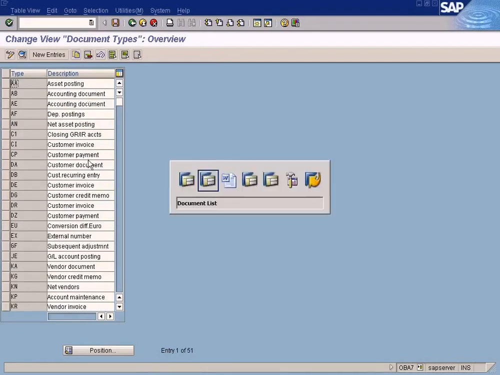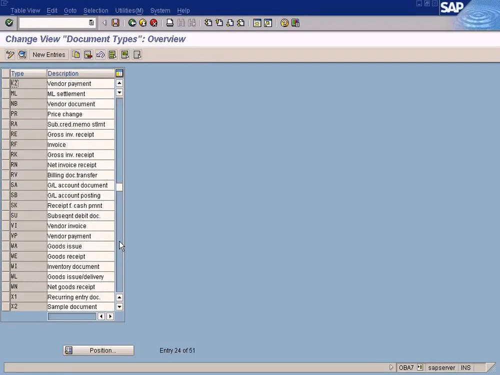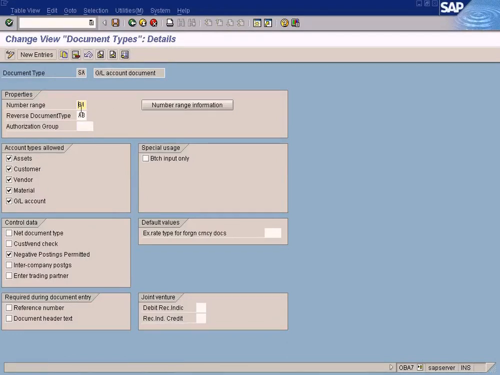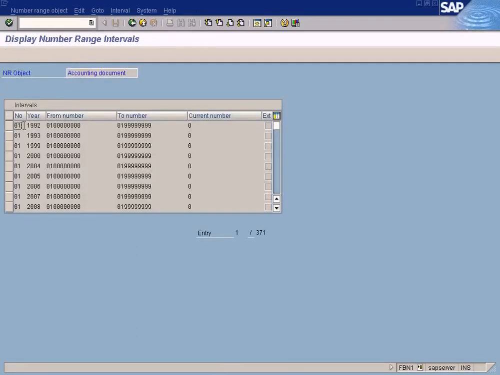Okay, let me go to SA. SA is just a code. The document type is just a key. GL account document. You double click. See this? I have a whole lot of fields which are tied to this document type. The most important thing is this number range. This document type has got a number range of 01. What does 01 stand for? I go here. I put company code Sun, I display. See, 01. 01 stands for,